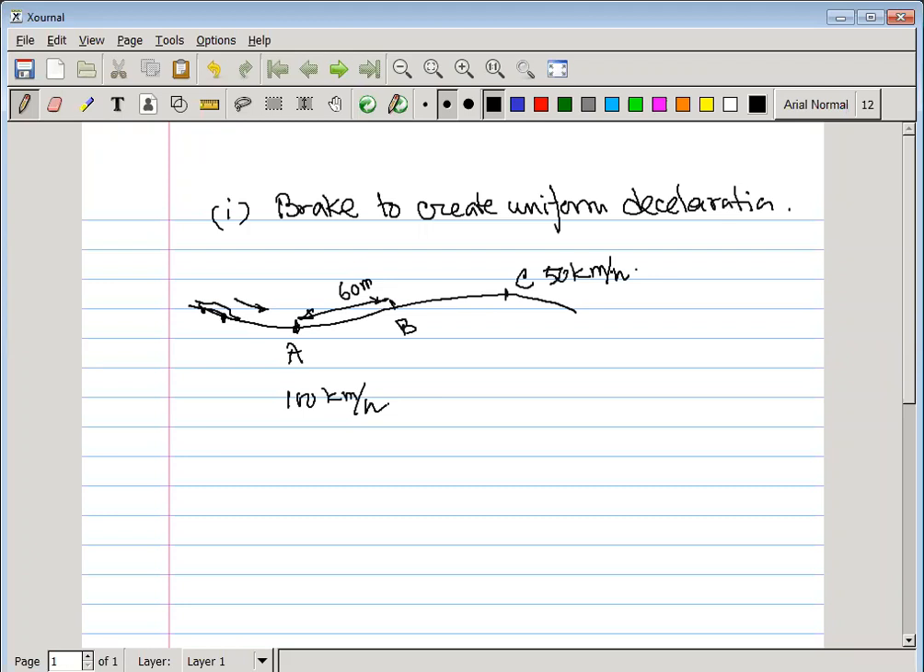Which is 120 meter along the road from A. Means from this A position, the distance A to C is given as 120 meter. Okay, means this one 60, this one is 60. If the passengers experience a total acceleration of, it is given, total acceleration 3 meter per second square